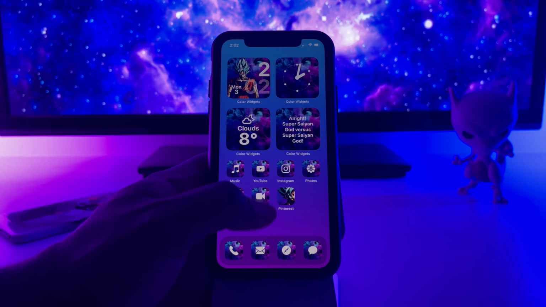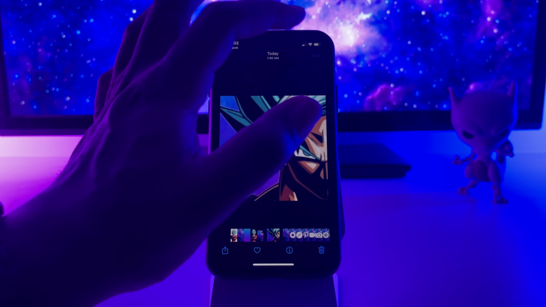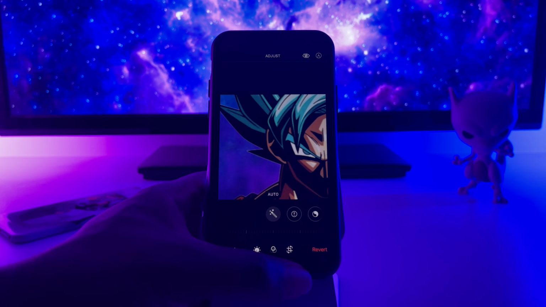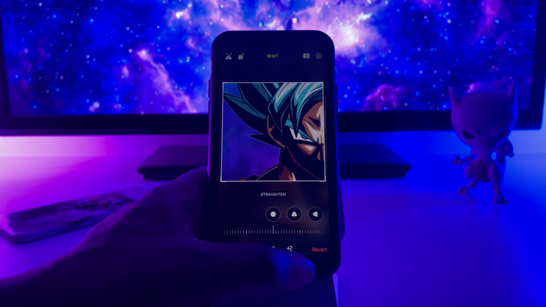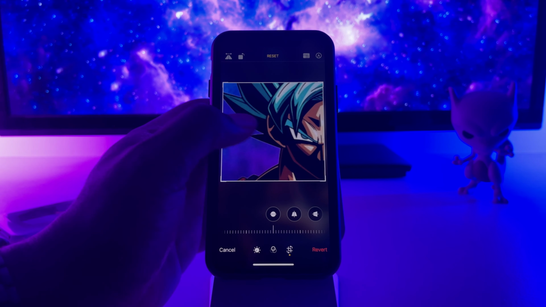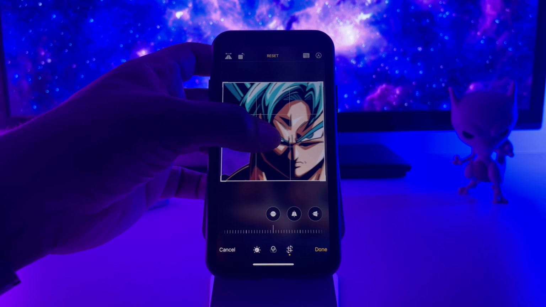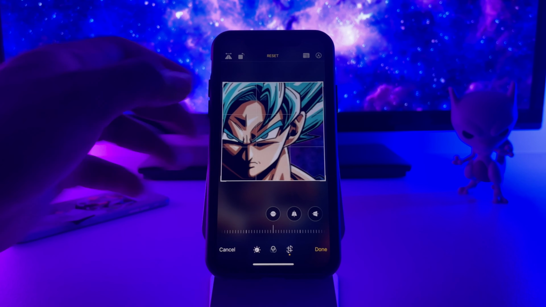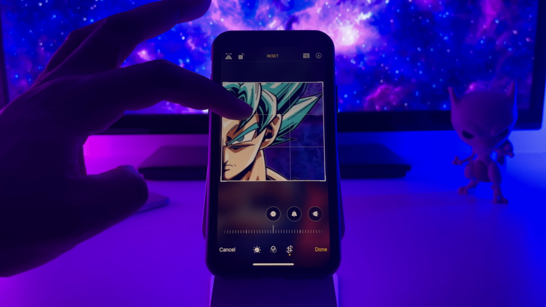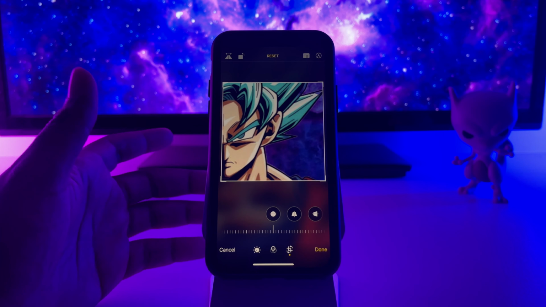So now we're gonna go back to our photos, and we're gonna hit edit, and here all we have to do is click the button at the bottom again, and then we're just gonna move the image directly left. So we want to try to keep it in the same position as possible. So just move it here, keep its chin barely at the bottom. So I'm gonna move it over somewhere, and that looks good. So I'm gonna hit done,